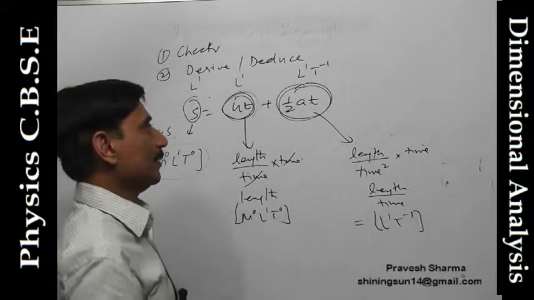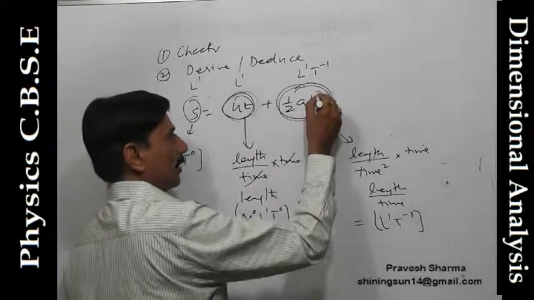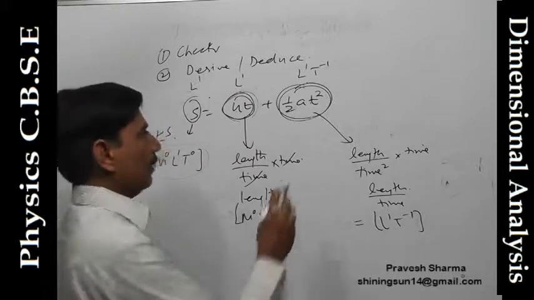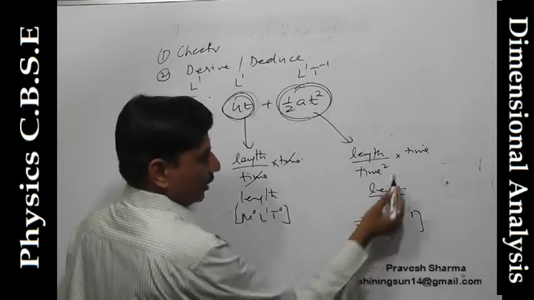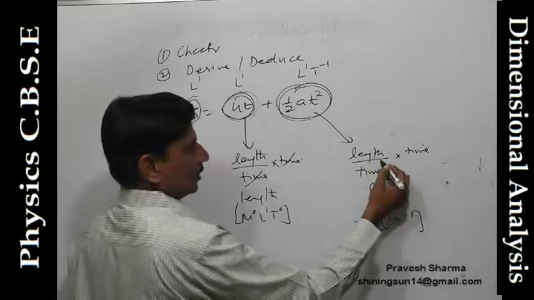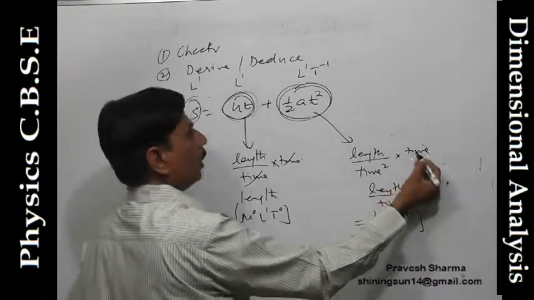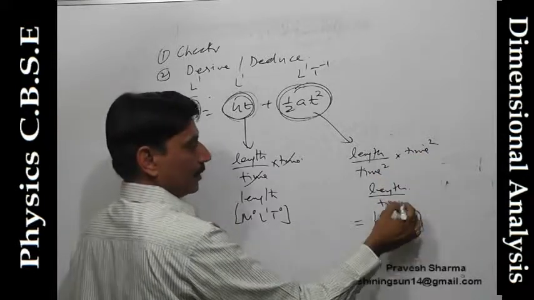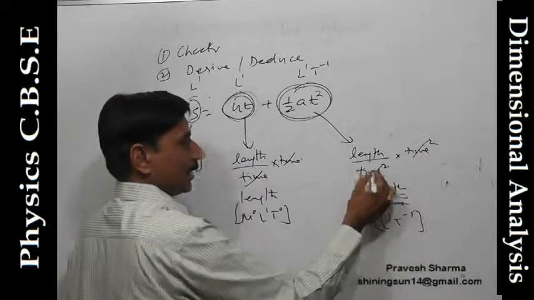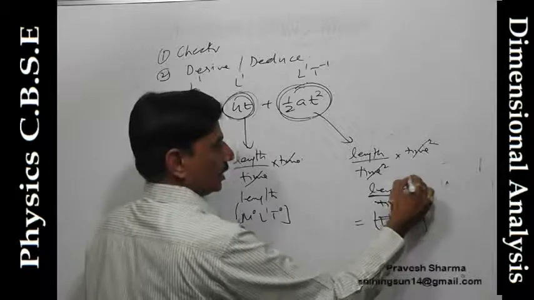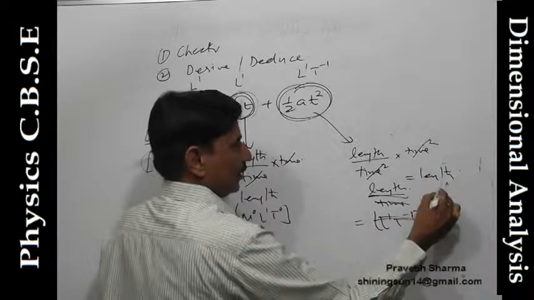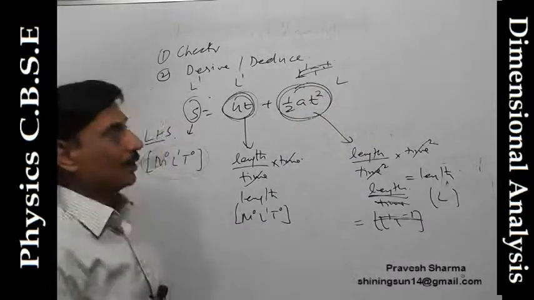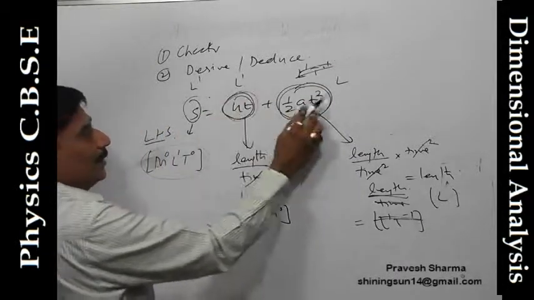We know that the right formula is S equal to ut plus half at square. Now let's check whether this comes out to be correct or not. When I say half at square, acceleration is length upon time square, into time square. Now time square and time square get cancelled. So this is length only, and this is L only. Now this is L, this is L, this is L. Formula is